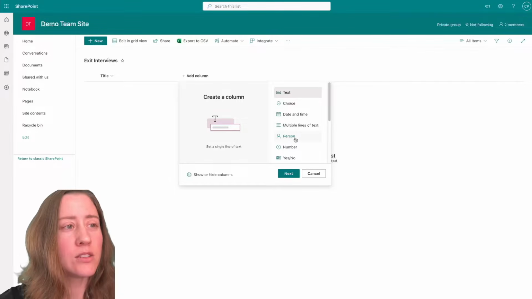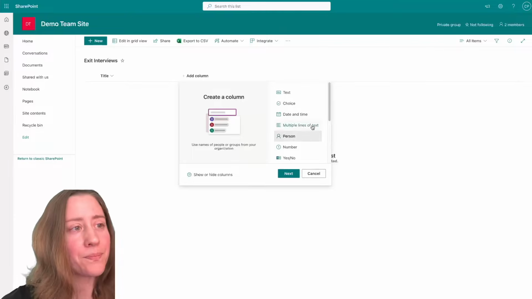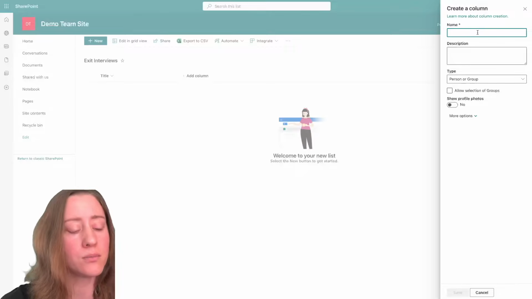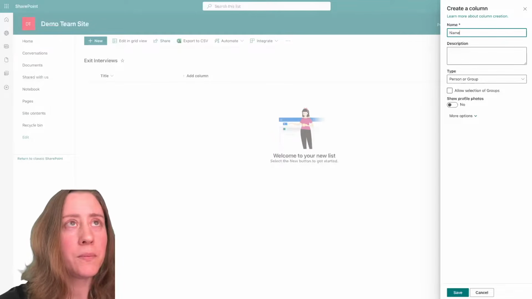and I'm going to enter in my fields. And this first one, I'm going to do a person column. You can put either people or groups in person type columns. I'm going to call this a name. If the person that is submitting your form is the person that you want to capture,